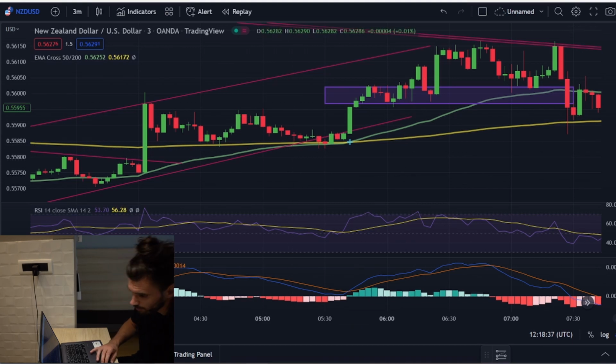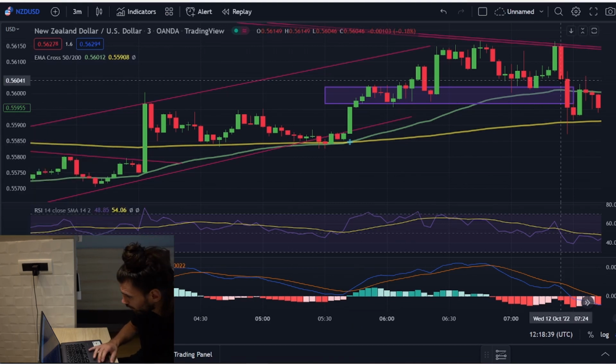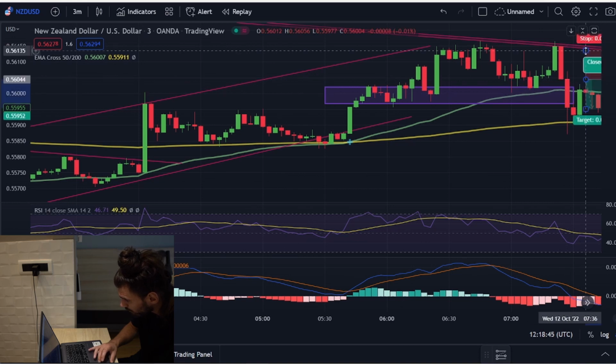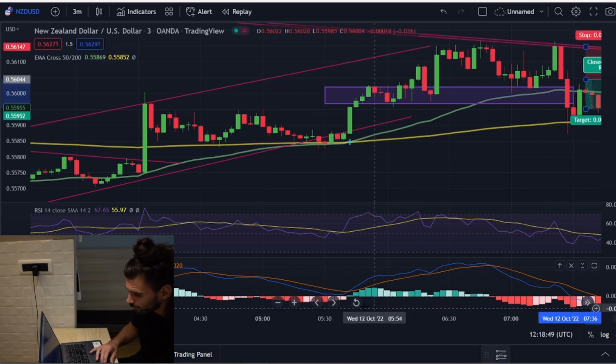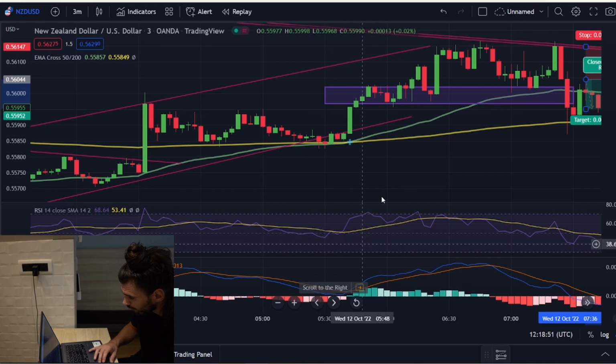The last structure break right around here. So here now I want the market to come back. Here we had our break. So the first pullback was this red candlestick. So I want a third pullback maybe, and then I want to enter the trade. So if I let the market run here,